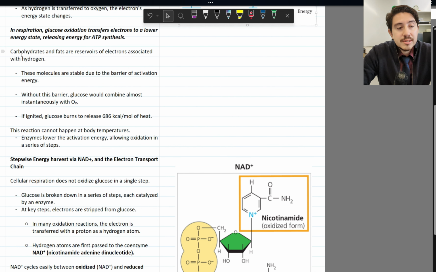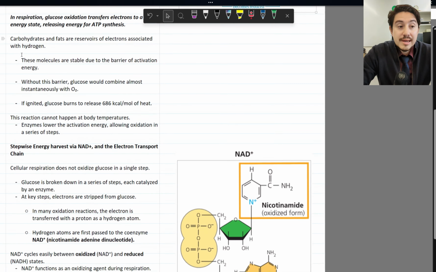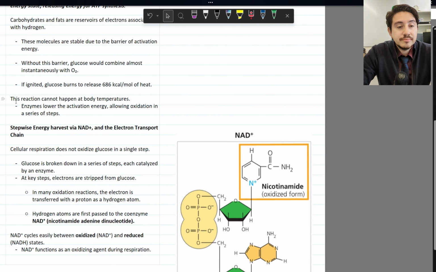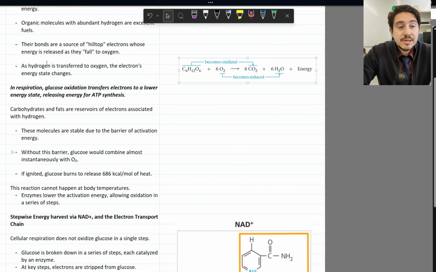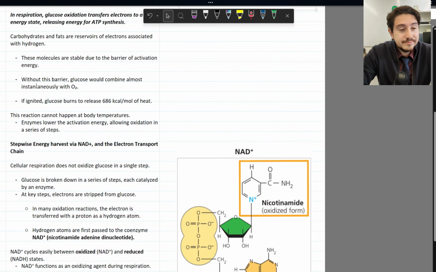And again, carbohydrates and fats are good reservoirs for this idea of electrons and releasing energy, being associated with hydrogen. Okay, so in general, these molecules, these hydrocarbons,